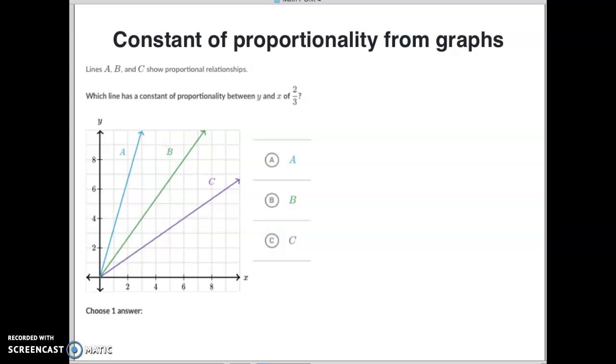Hello, Math 7. All right, we have two to go through. First one is called constant of proportionality from graphs. And as you can see from this first one,